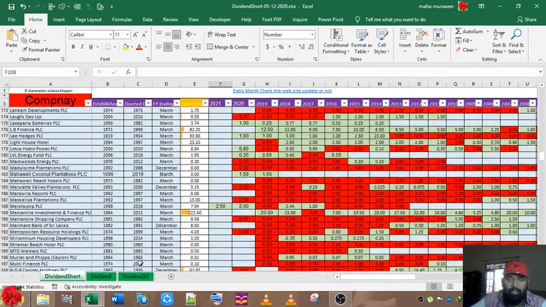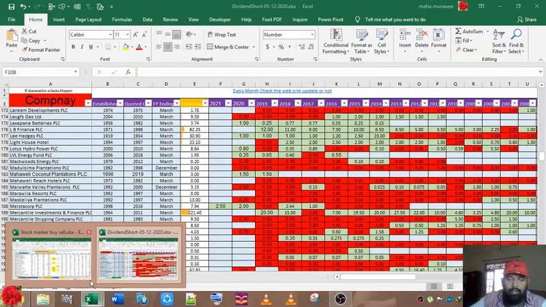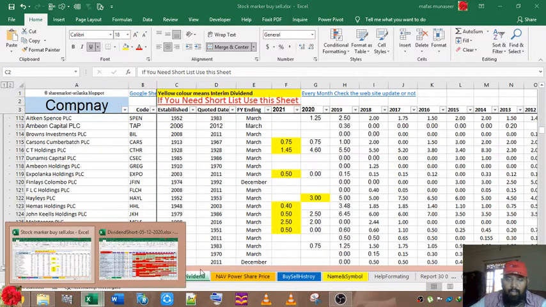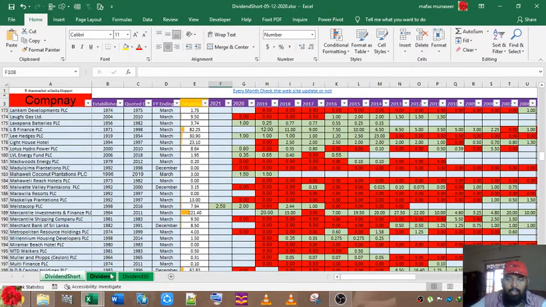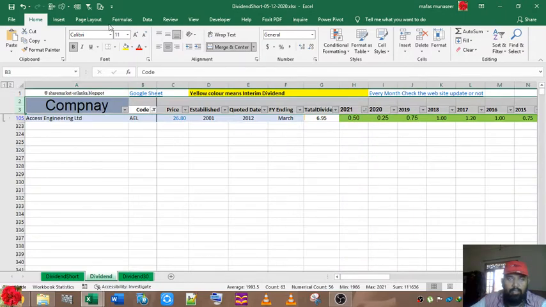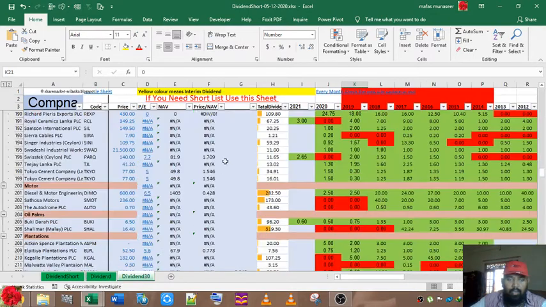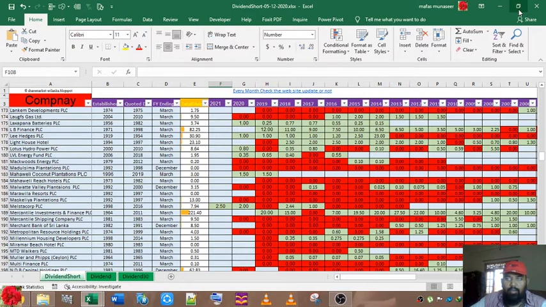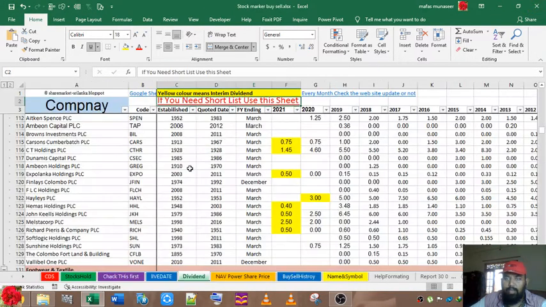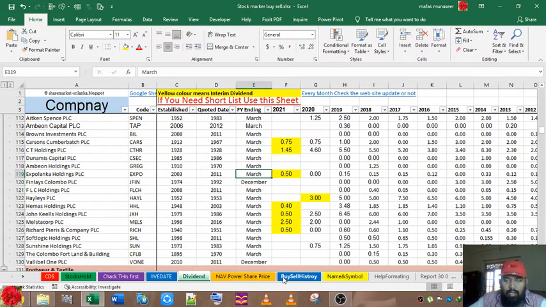So that one is not going to update automatically from there to here. If anyone knows how to update it, let me know. If I update it here, I need it to update automatically in here, and in this sheet, and here. So any way I can update it in one place and it automatically updates the other three places. Anyone know, let me know, so I can also learn.